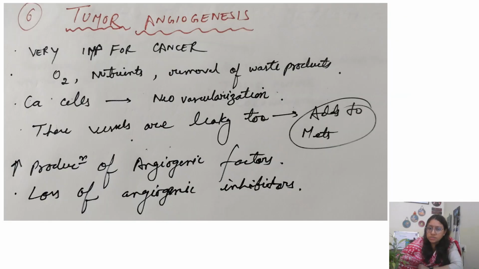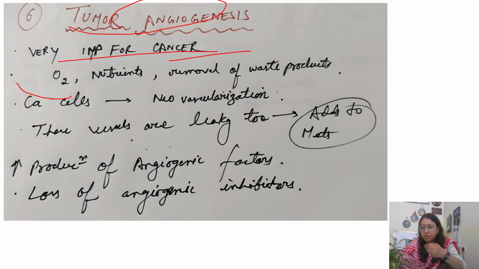Then your tumor angiogenesis. This is also indirectly related to the nutrition of the cancer cells. So these are very important for cancer cells. That is why, when you look at malignancy cases, like carcinoma breast or brain tumor, the sections which we get on histology, when we cut and examine brain tumor specimens, because we need to provide the correct diagnosis. Diagnosis of malignancy is very important because now oncosurgeons are there, then medical oncologists are there. So when we report as